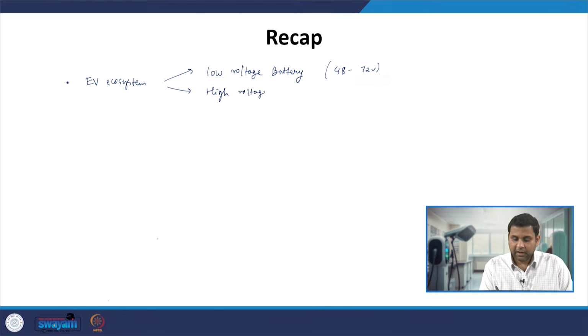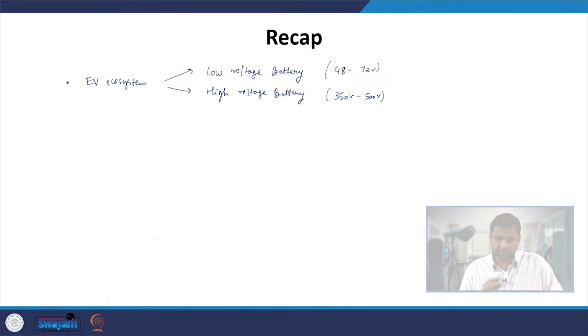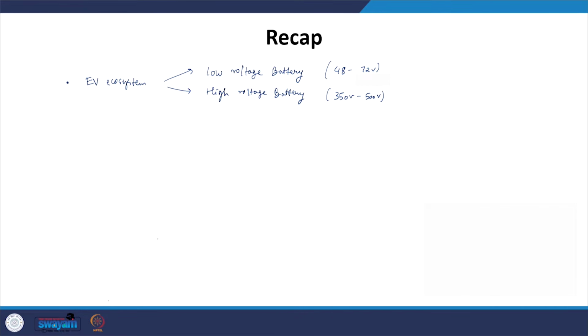as the primary energy storage source in your battery powered electric vehicle, where the voltage levels will be somewhere between 350 volt to 500 volt. Now if you look very carefully, from the perspective of the batteries, there are two kinds of batteries. As we go along in this course, you will see that there are two kinds of chargers which are focused on these two applications, primarily from the perspective of DC chargers.